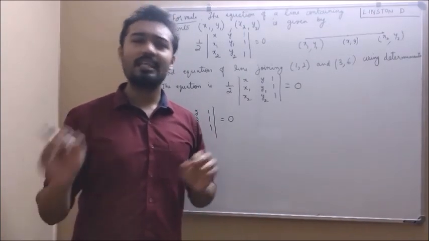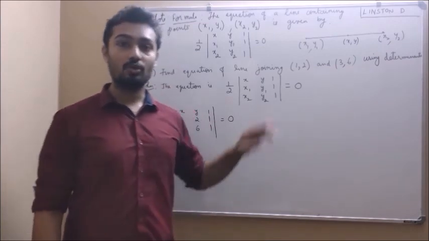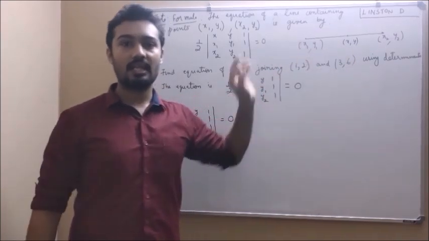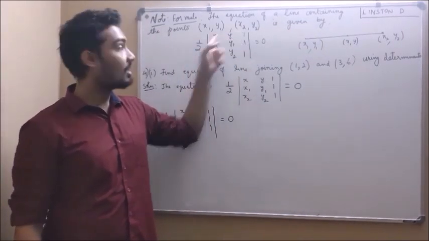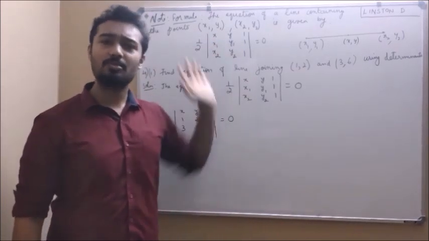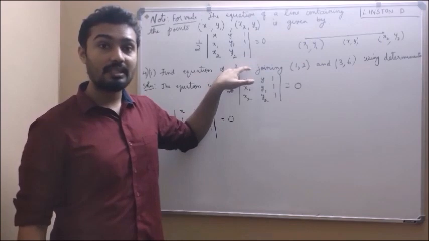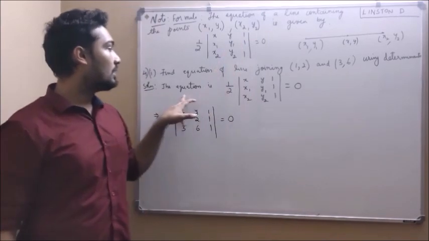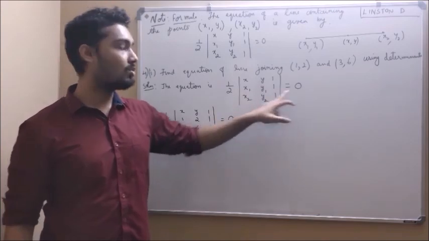Then, you know how to find the equation of a line. You have studied already in the straight line chapter in the first year PUC. So, here we take an arbitrary point x, y. Then, the area of the triangle given by the determinant method is half into the determinant of x, y, 1; x1, y1, 1; x2, y2, 1. Just remember the formula and substitute the values, you will get the answer. So this is equal to 0 because the area formed by the triangle for collinear points or points lying on the straight line is equal to 0. So the equation is half of the determinant of x, y, 1; x1, y1, 1; x2, y2, 1 equal to 0.